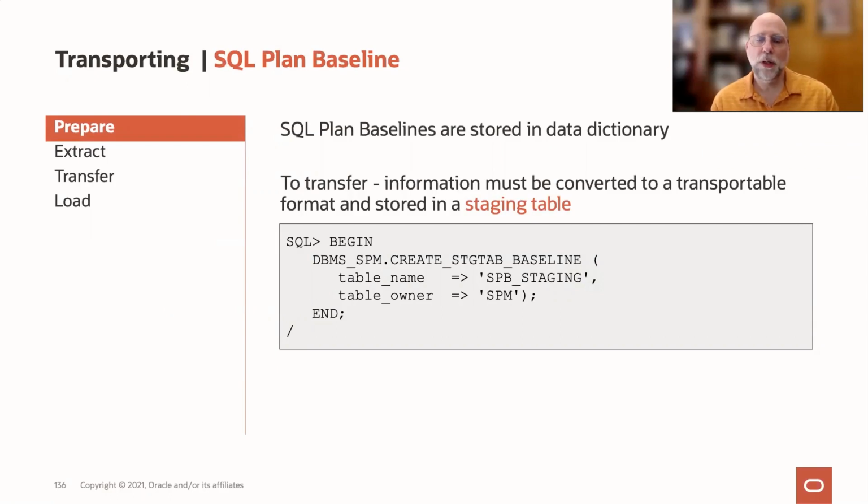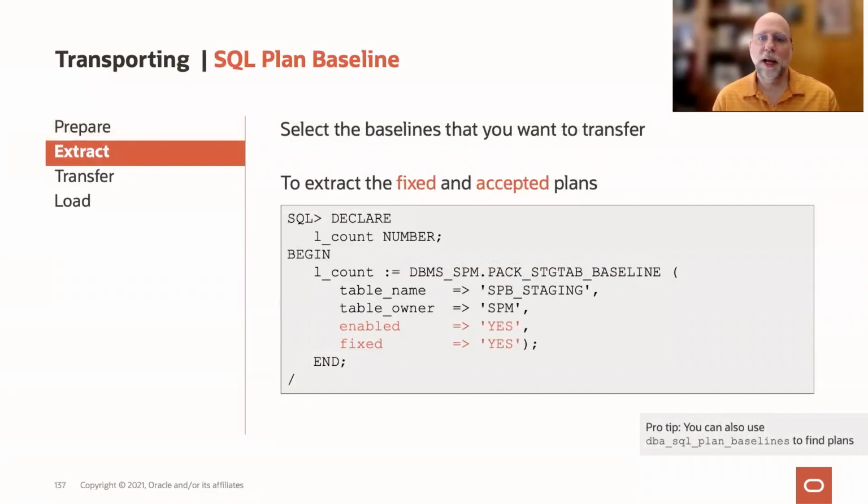So in order to transfer them from one database to another, we use what's called a staging table. We give it an intermediate format that can be packed from one side and then unpacked from another. So the first thing we do, similar to creating that SQL tuning set, is to create a staging table from your baseline. Then you select the baselines that you want to transfer. In this case, we're saying enabled equals yes, because those are the ones that we've determined are accepted and good